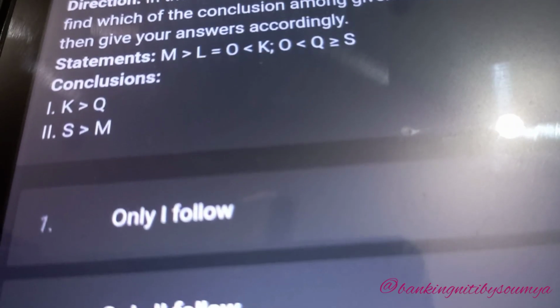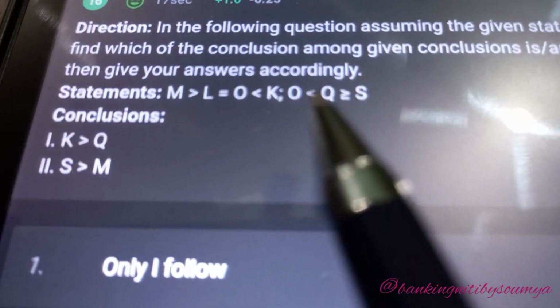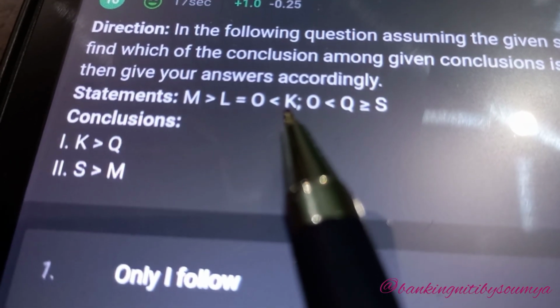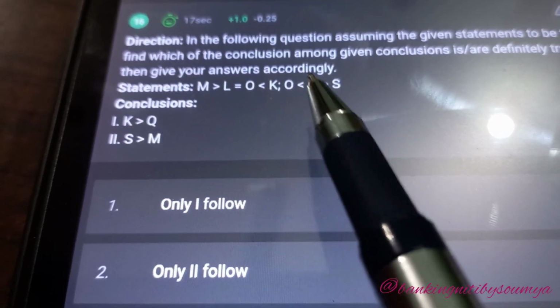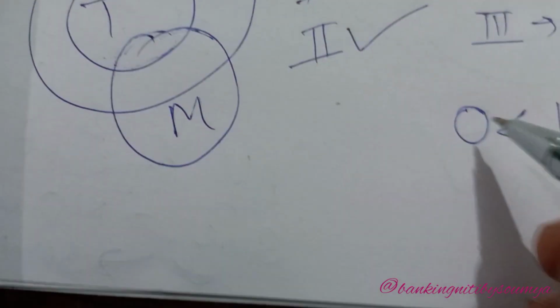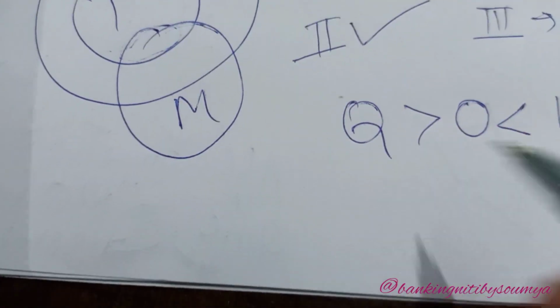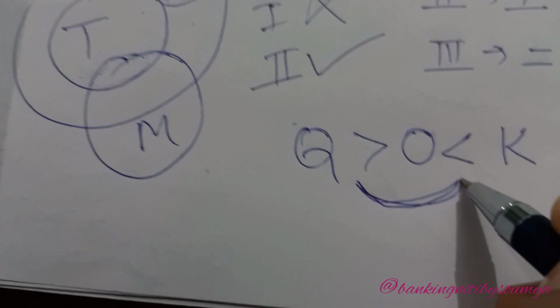Here it is said that K is greater than Q. In the question we can see K is greater than O, and in the second statement O is smaller than Q. So K is greater than O, but O is smaller than Q. Opposite signs are present, so